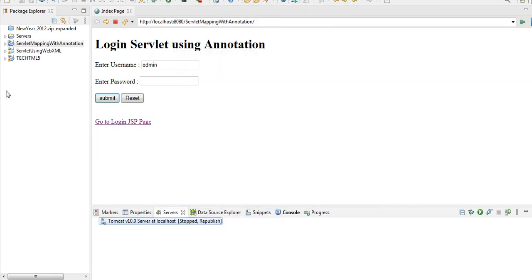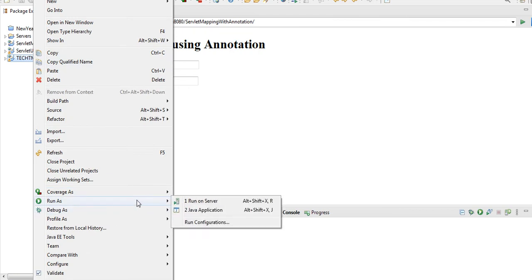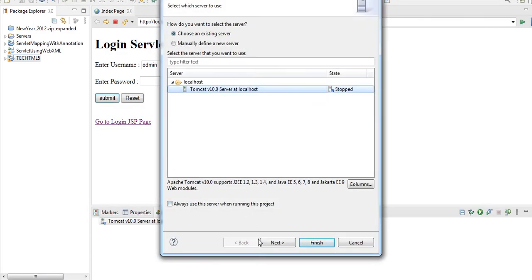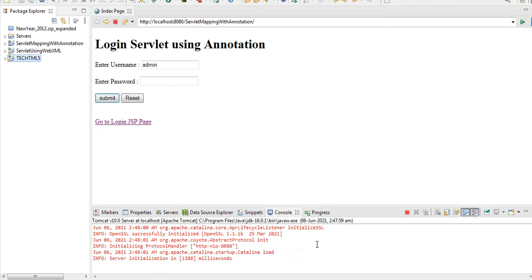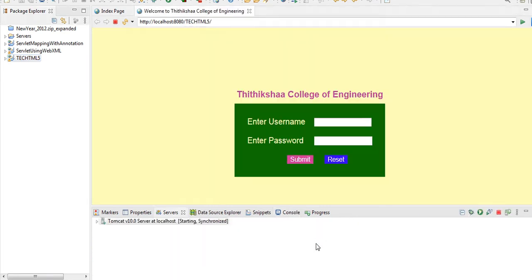This is not needed, but as a precaution, because if it doesn't run, it's good to clean everything before you run. See, I am running the server. Don't look into this code and all, you will not understand anything. Just look into the output. See, this is looking good, right?